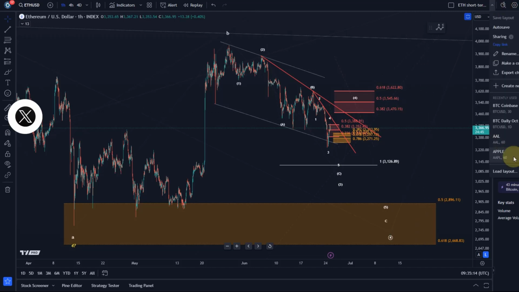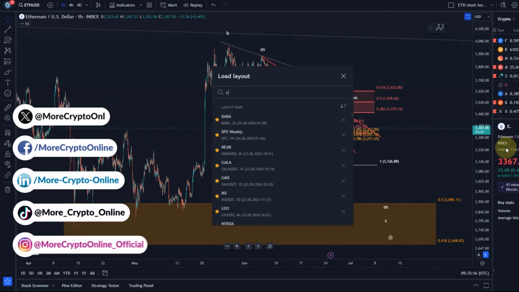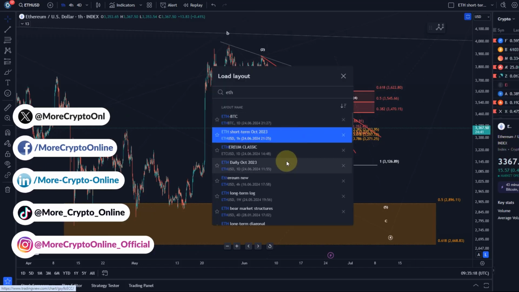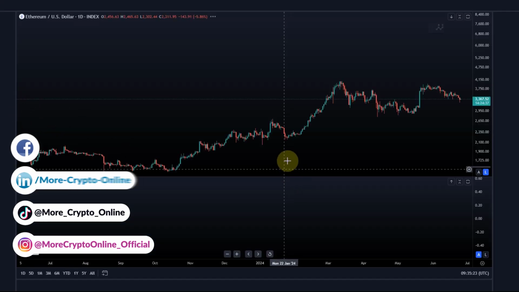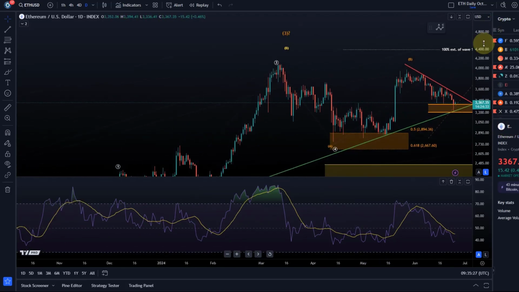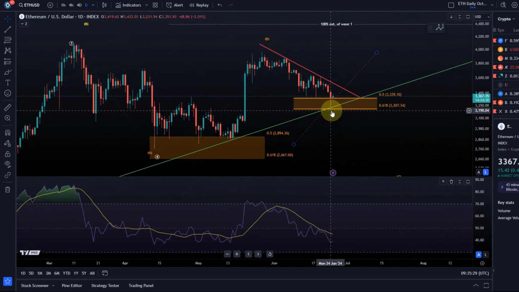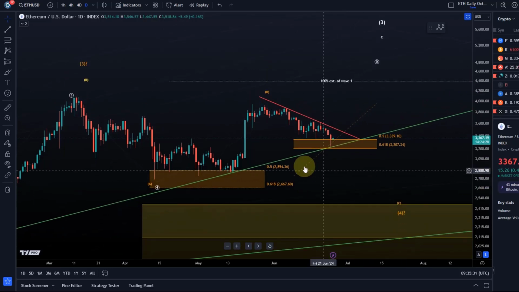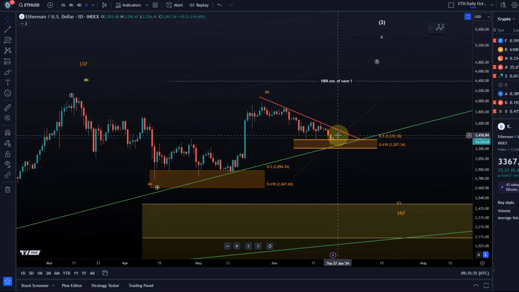Maybe we start on the daily time frame. I did that yesterday as well, and I showed you on the Ethereum daily chart a trend line, and the price, in fact, actually did find support exactly there. So the trend line was touched, and we got a very, very strong rebound also from this Fibonacci support area on